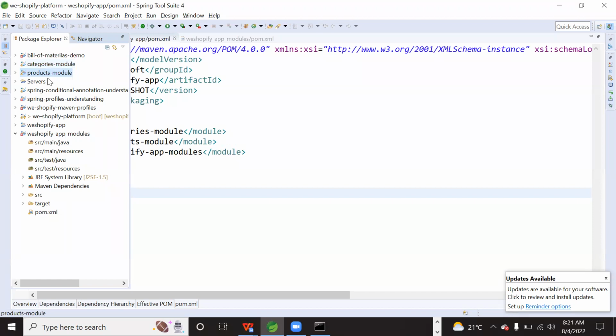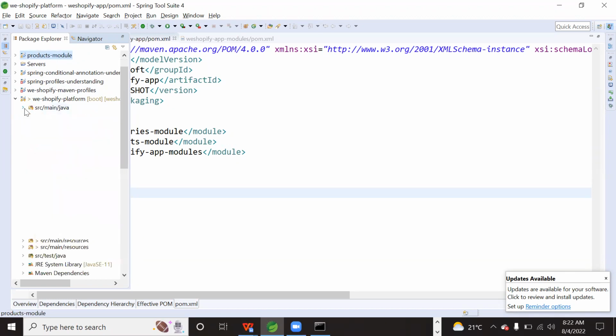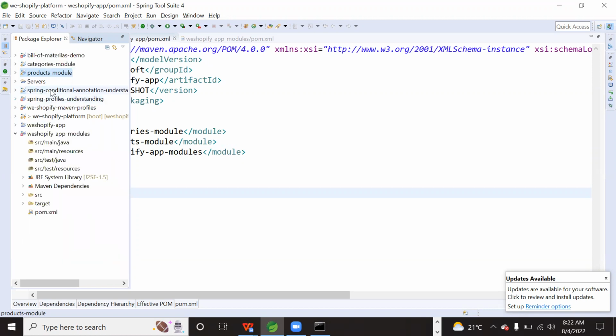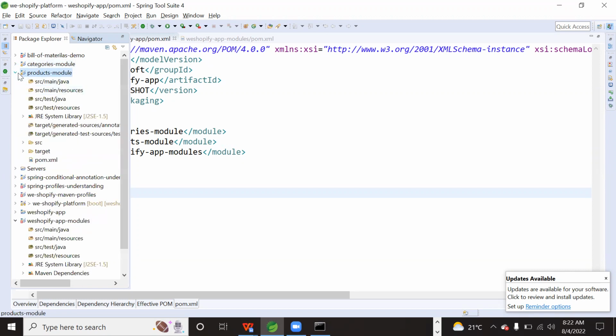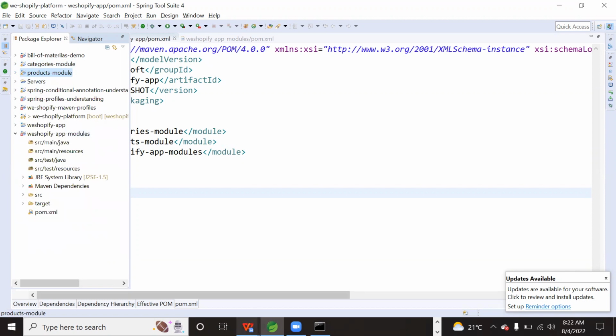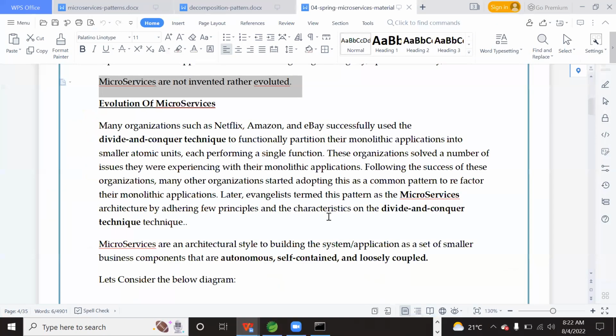We converted the huge application into smaller applications where each performs a single responsible task. For example, categories contains only the categories code, and products contains only the products code. So eBay, Amazon, and Netflix already successfully used the divide and conquer technique, right?